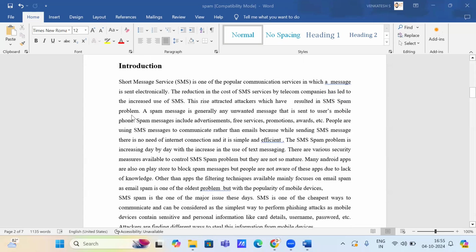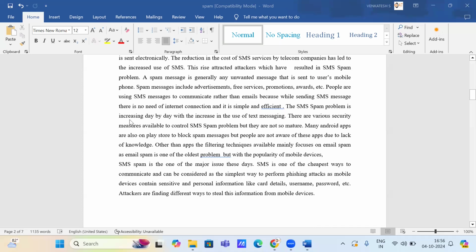The introduction discusses the widespread use of SMS as a popular communication method, especially with reduced costs from telecom providers. This increasing usage has attracted attackers, resulting in the problem of SMS spam. Spam messages, or unwanted texts, often contain advertisements, promotions, or fraudulent content like phishing attempts. Unlike emails, SMS does not require any internet connection, making it simple and efficient, which contributes to its popularity. However, this also makes SMS a vulnerable target for attackers seeking to exploit users' personal information such as bank details or